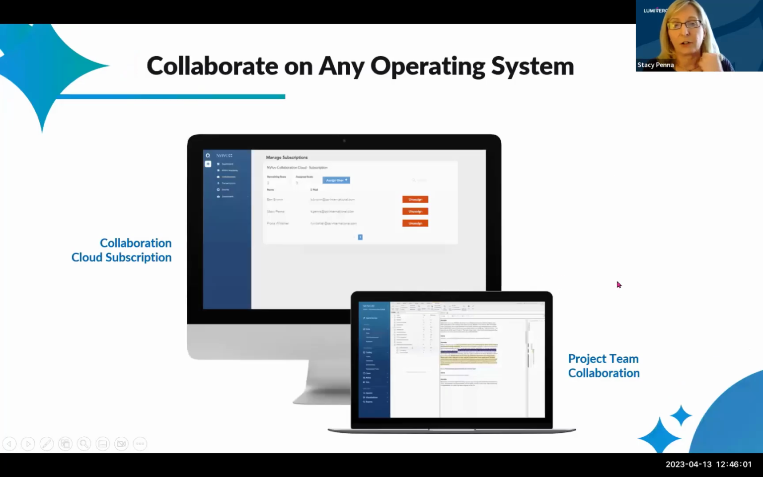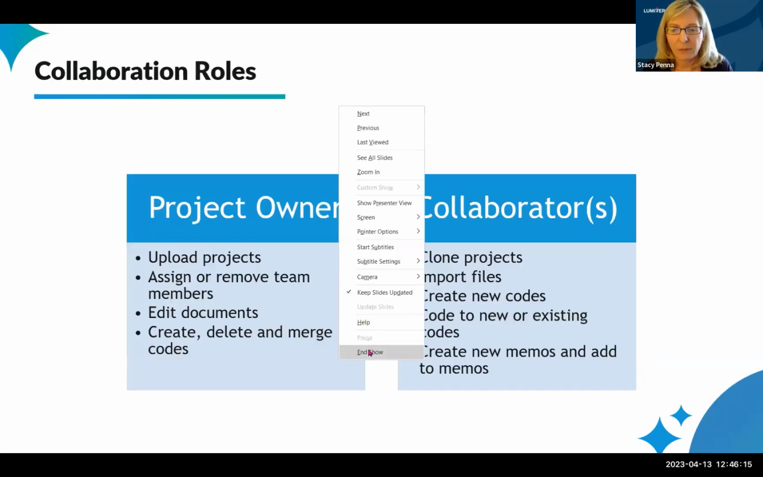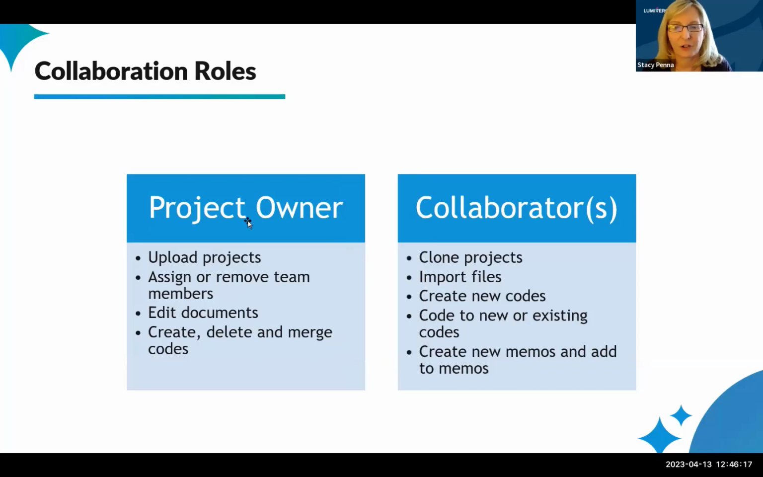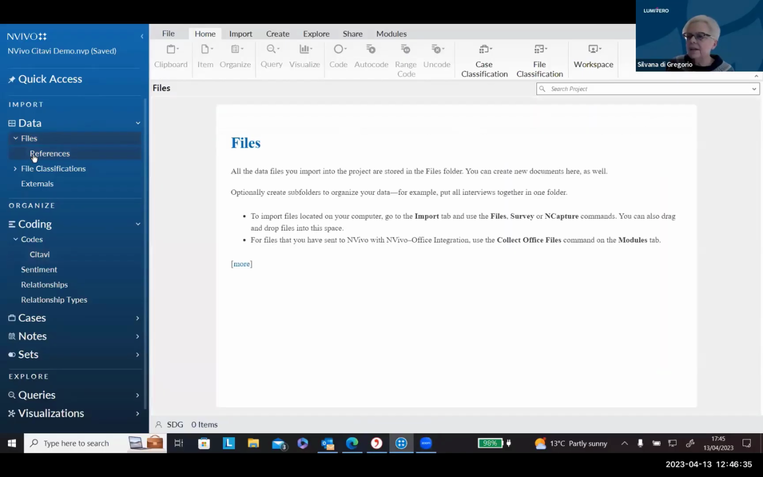Just to reiterate, you can collaborate on any operating system. It doesn't matter if your team members have Mac or Windows, you can work in real time together on an NVivo project. We'll go over roles after we show them, because that makes more sense. And what I'm going to do here is